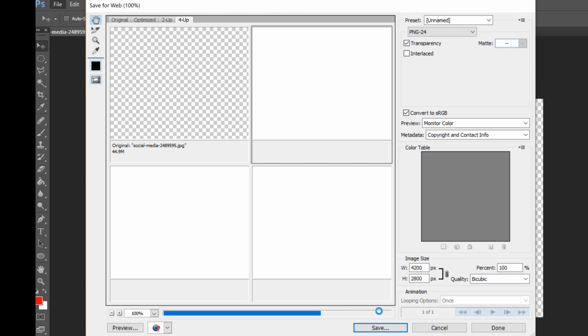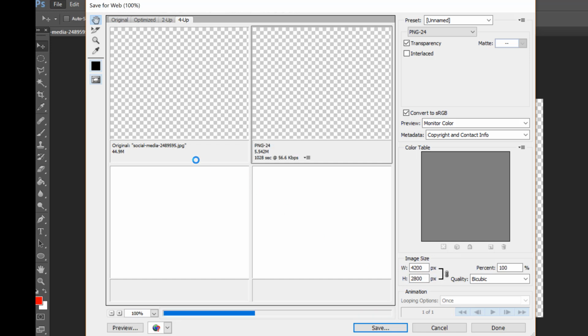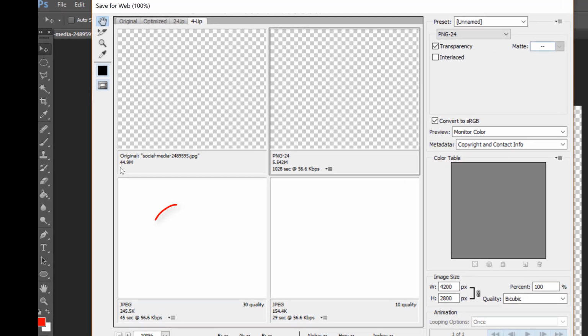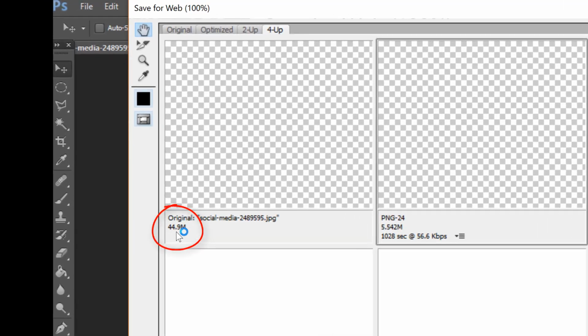Now it's going to take a while to load because this image is huge. Down here shows you the size of the image, the width and the height. Okay, it's 4,200 by 2,800 high. It is a very large image, which you can tell by looking right here. It says 44 megabytes. That means it would take forever to load on your site. It would slow down your performance. Google would hate it. And then over here it shows that I'm on PNG, which is